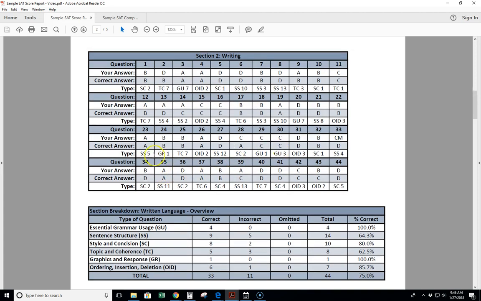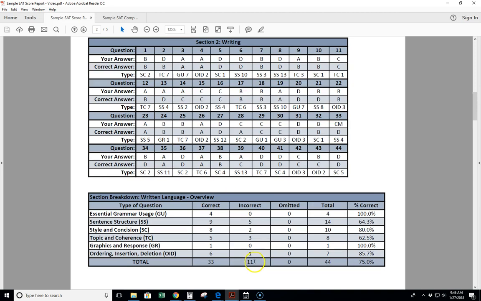But some students may come across where they maybe missed 11 questions, and maybe 5 or 6 of those, maybe half those questions, came in this last passage for the writing section. Well, that would be a very strong indicator that yes, time is an issue. And so for that,